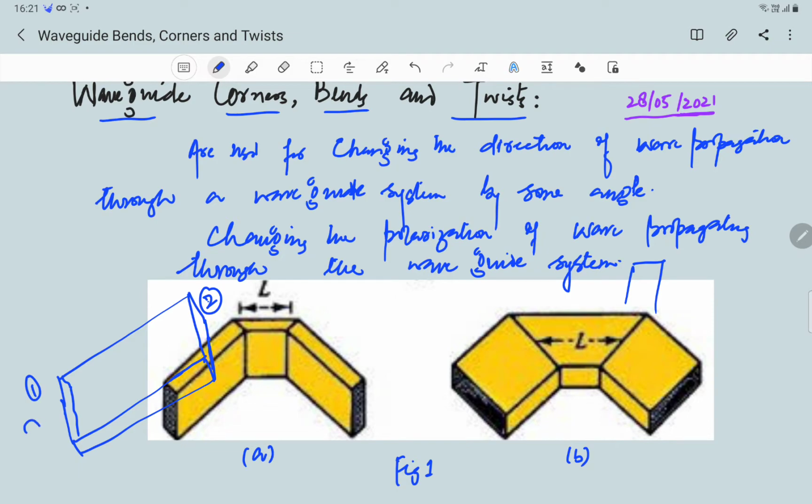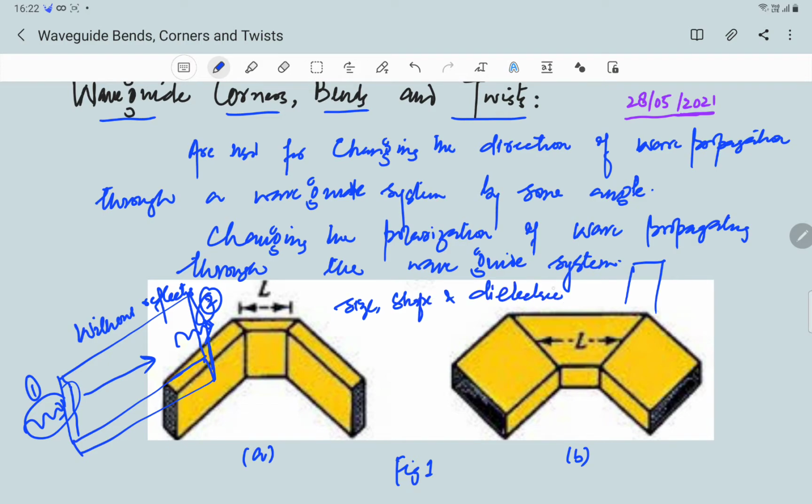So for energy to move from point 1 to point 2 through this waveguide without reflections, the size, shape and dielectric constant within the waveguide